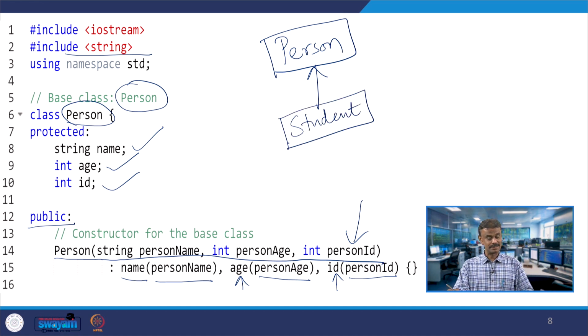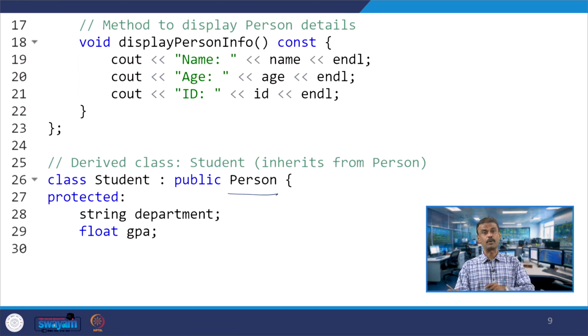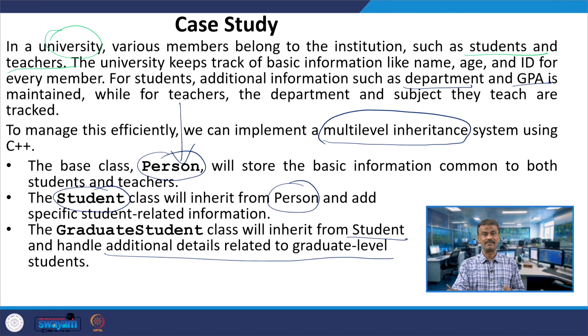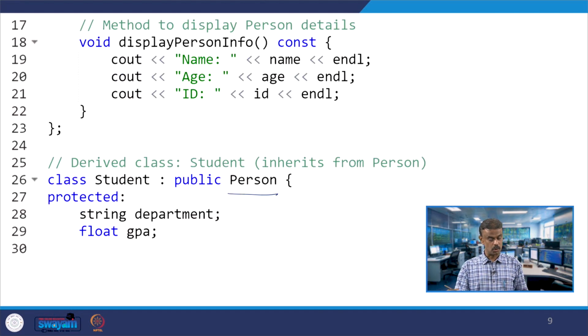The student class again has protected member data: string department, float GPA. This is exactly the problem we had seen. Additionally you should have the department and GPA for students. So, string department, float GPA.